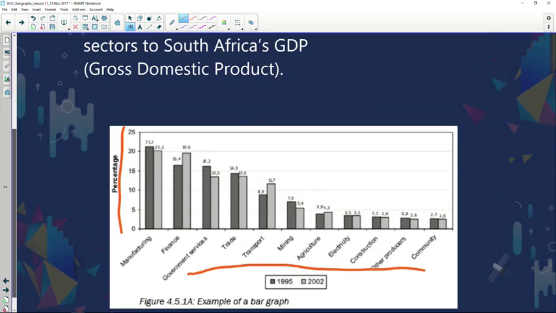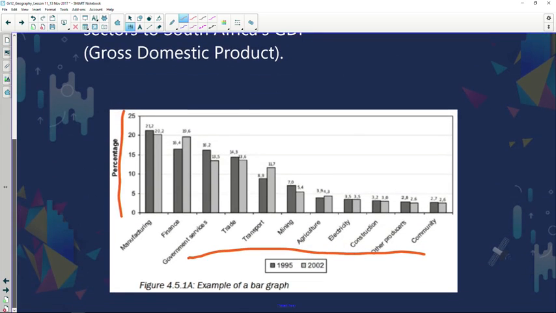Now the information being presented shows percentage on the vertical axis, and on the horizontal axis they show you the different activities. And as you can see, there's manufacturing, finance, government services, trade and transport, mining, agriculture, electricity, construction, other producers, and